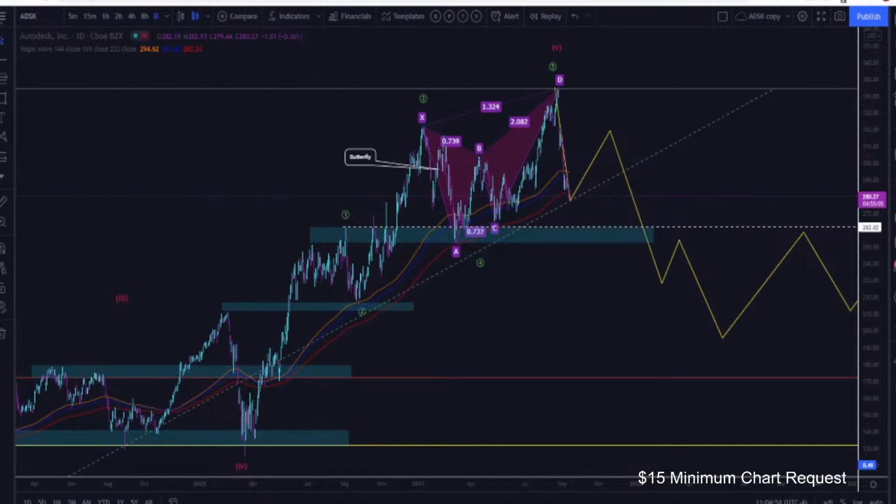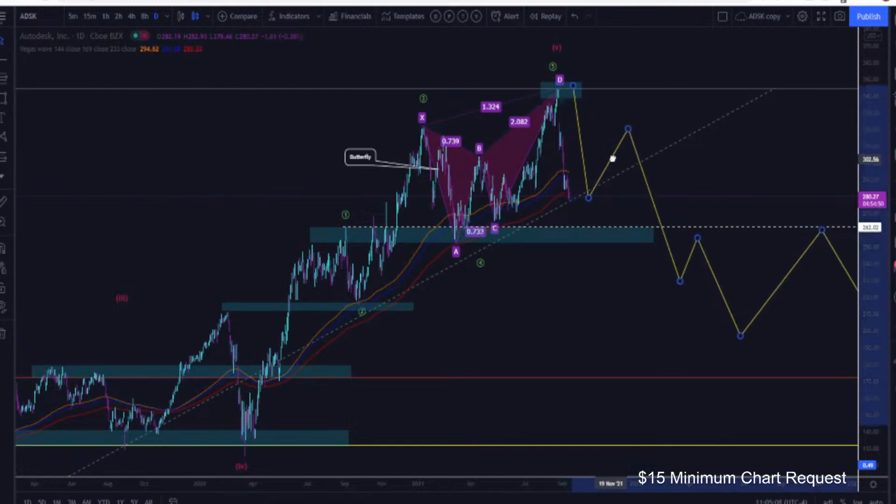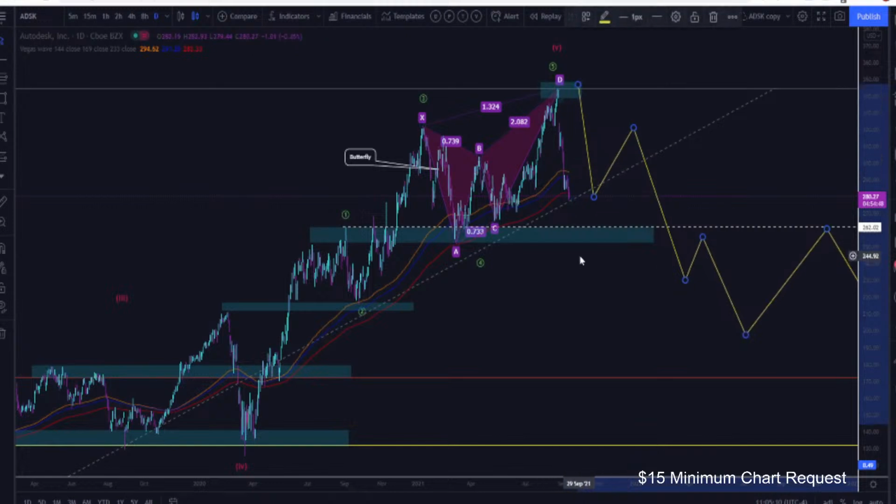So all you're doing here is just adding additional confluence to the idea that the top may be in. Now, does that mean you sell it here, balls deep? No, it's just you've got a potential reversal zone. That's all it is, just potential. Now, I'm going to push this off just a little bit. So if you see this kind of reaction,